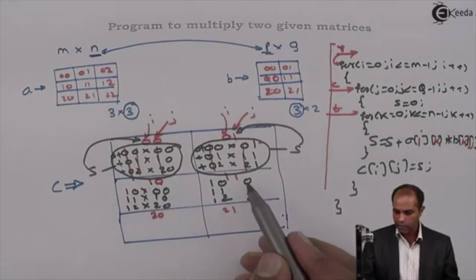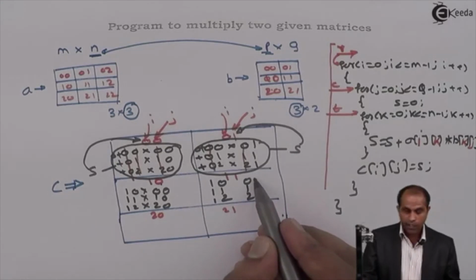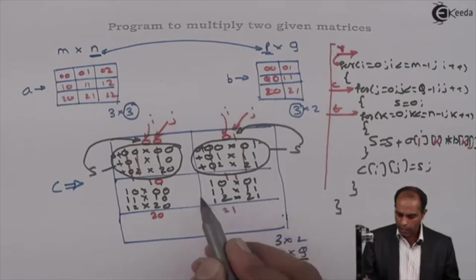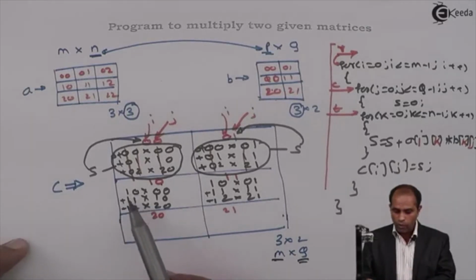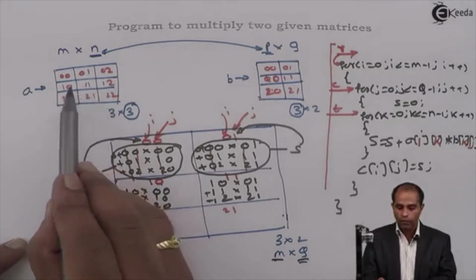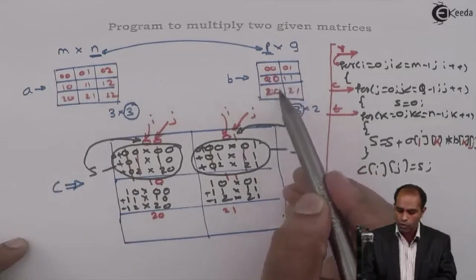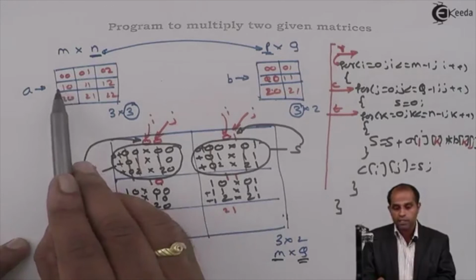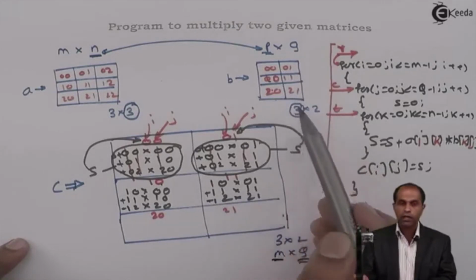So we have written these indexes. Now B has 0, 1, 2, because the first index of B is K. The second index of B is J, that is 1, 1, 1. Now let's multiply these and add these values. Let's check whether I have written things properly or not. So 1, 0, 1, 1, 1, 2, 1, 0, 1, 1, 1, 2. I have used the second row. The second row has to be multiplied with the first column: 0, 0, 1, 0, 2, 0. To get the second element, I need to take the second row and multiply with the second column: 1, 0, 1, 1, 1, 2, 0, 1, 1, 1 and 2, 1.